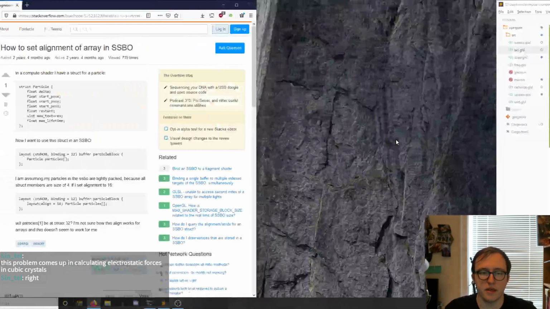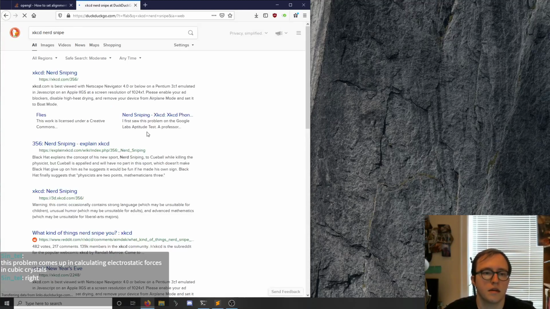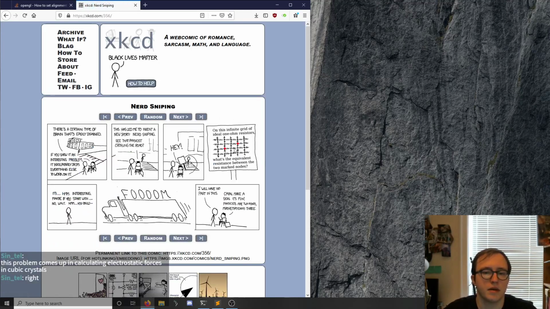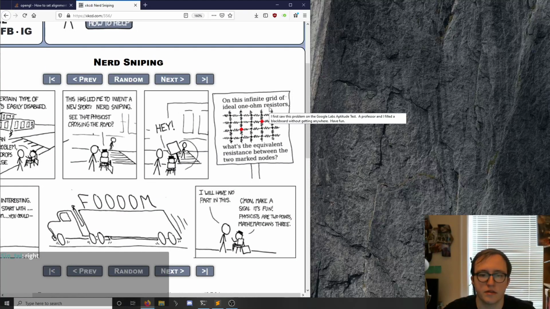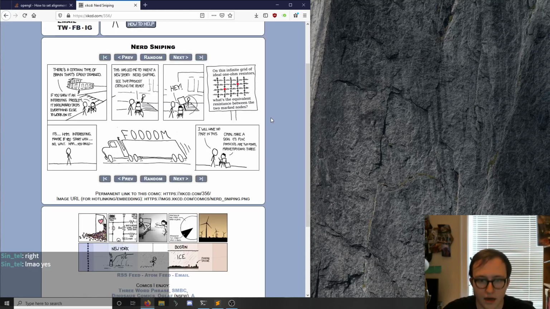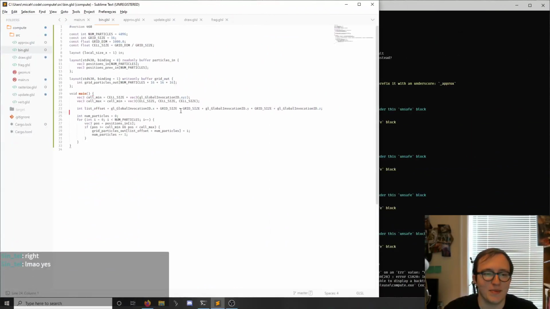Reminds me of the NerdSnipe XKCD, where the original problem was the infinite grid of resistors, which you can probably solve in the same way. It's a perturbation expansion thing, which I've just been nerd-sniped. But anyway,